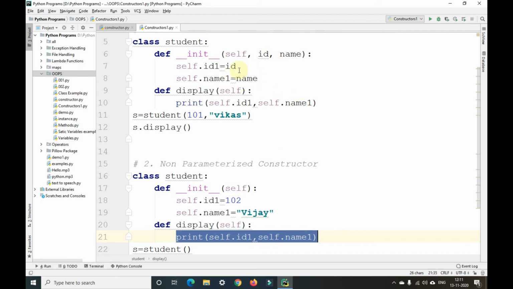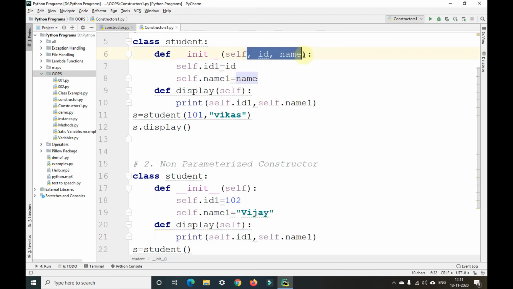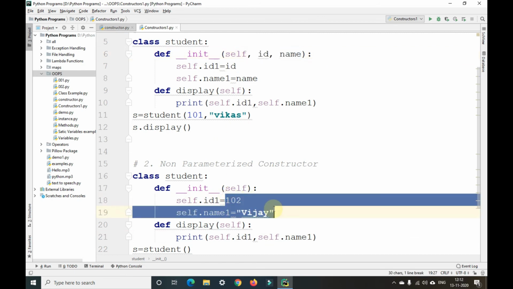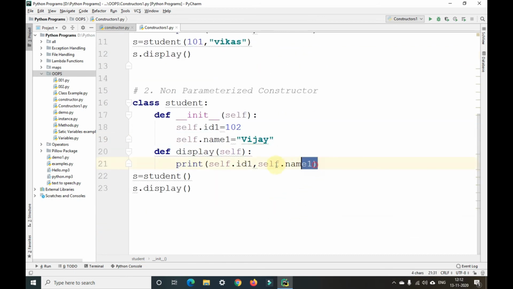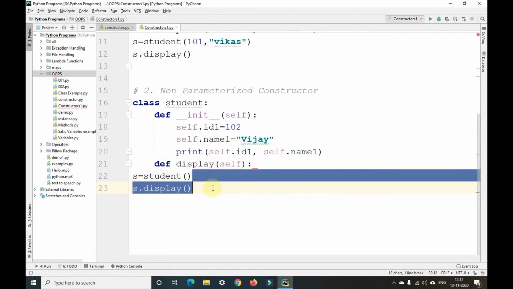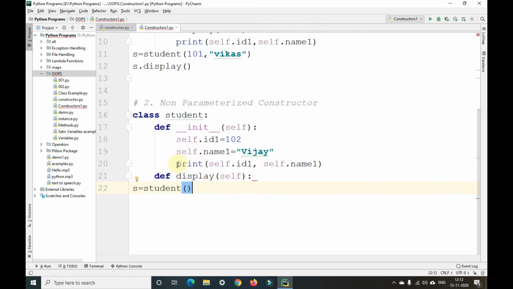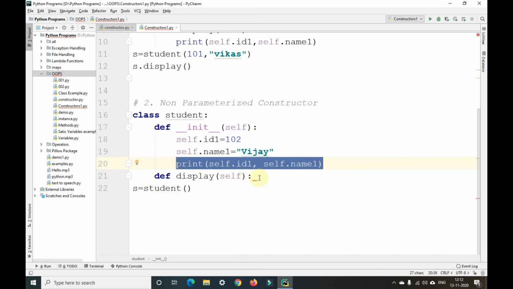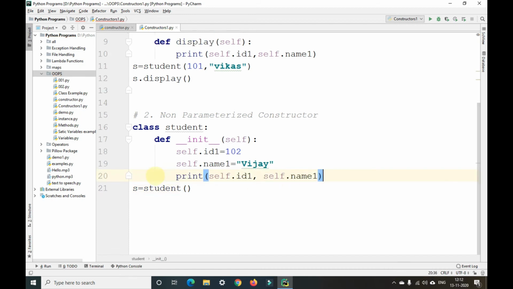Only difference is that here we have parameters, here we have given the values directly. So you can print these values directly in the constructor as well. If I do not call the display method also, you can see it will print because we have written the print statement in the constructor itself.